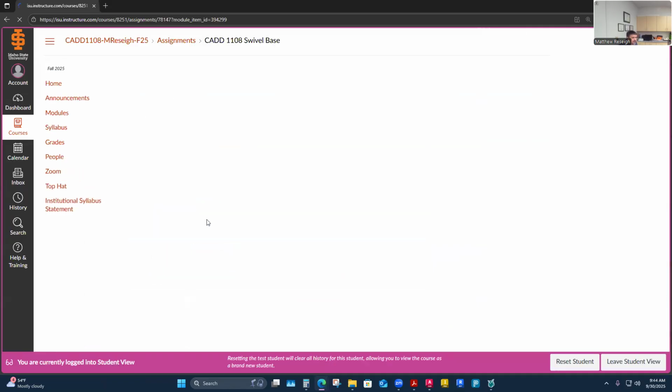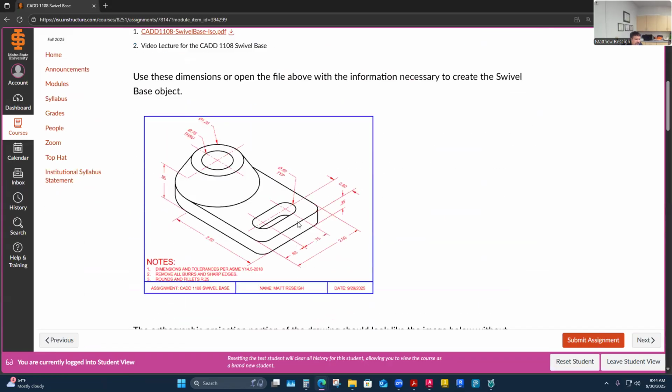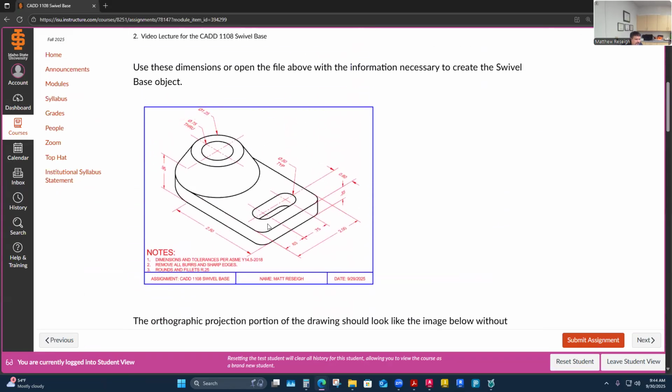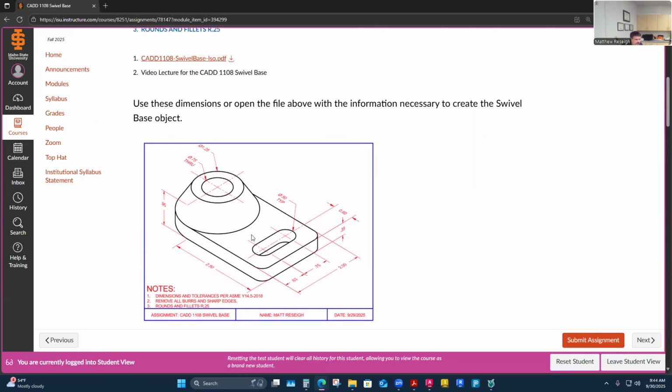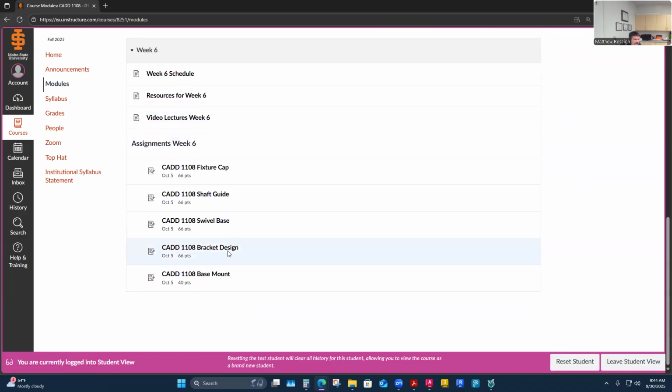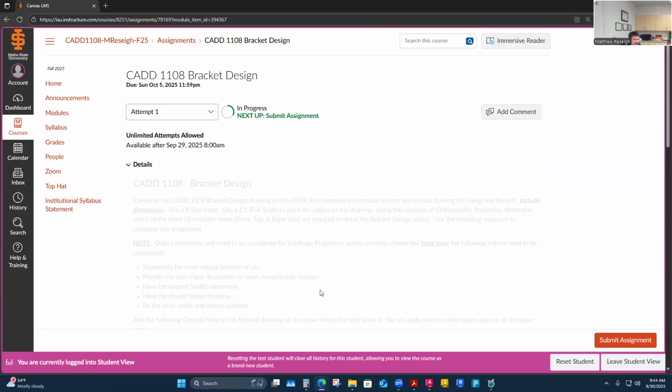Yeah, I'm going to do this one. And this one, I feel like I don't even have all the information for yet, but this is going to become another two view object, front and top. The right side is not going to give us any more detail. The only thing that would, in the right side, it's actually going to fall into the same front top view selection of choice here. So that's what I'm going to do. But if I talk through the next one real quick, the bracket design, if you're going to work ahead on it,